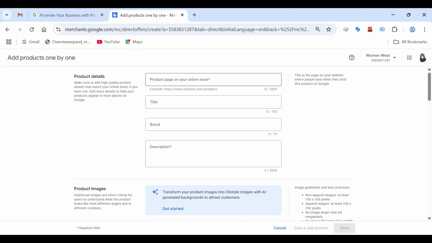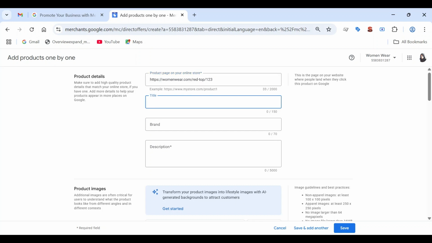Then here you are required to add your product's URL, your website URL. So let's say my website is womenswear.com. Then you can say red top and 1234, any product code, right?